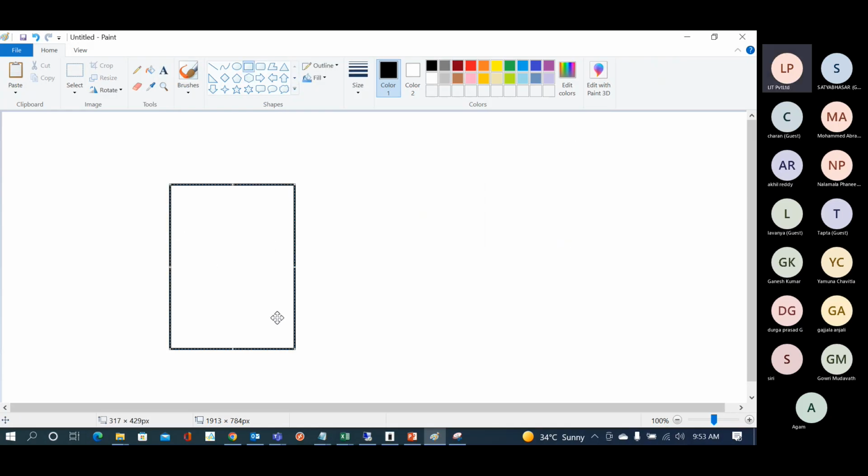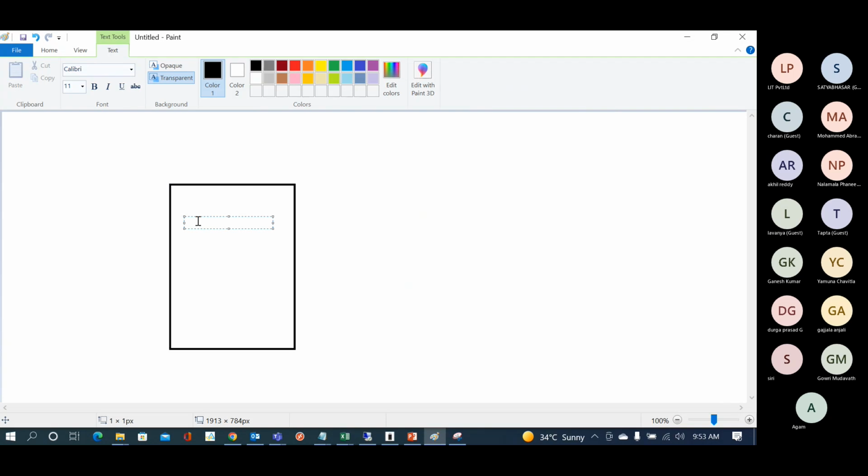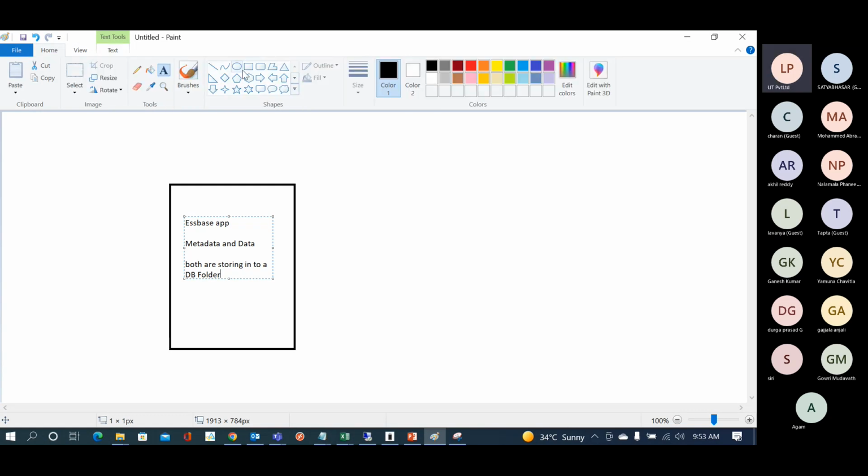When you create an Essbase application, the Essbase application metadata and data are both stored in a database folder where you can see it. Essbase application metadata and data are both stored in the Essbase database folder called budget, whatever we have created. But coming to the planning application,